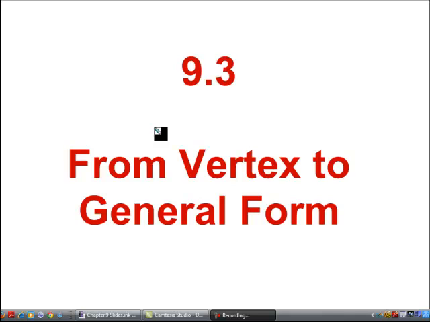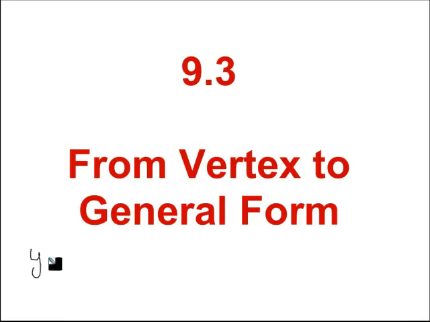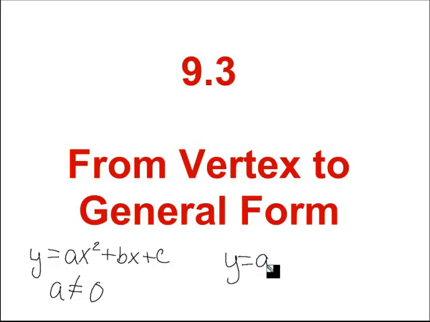9.3, from vertex to general form. So in 9.1 and 9.2, Miss Atwood told us about general form of quadratics, which looked like y equals ax squared plus bx plus c, where a could not equal 0. And then we learned about vertex form, when we had y equals a times the quantity x minus h squared plus k, where h, k